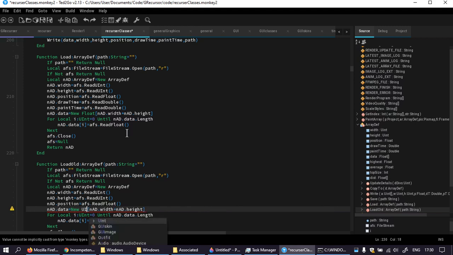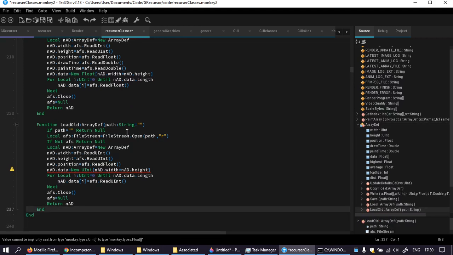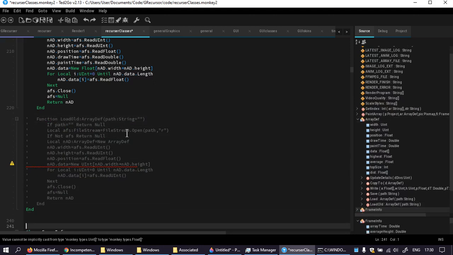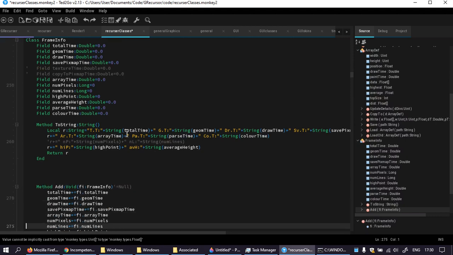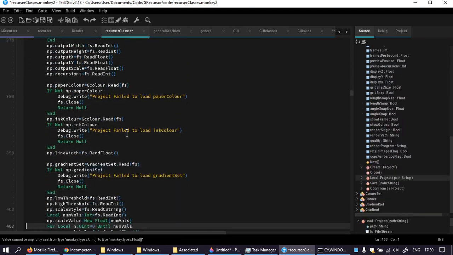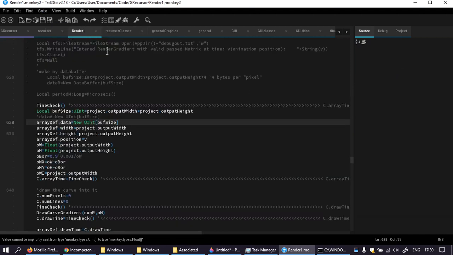That does remain an unsigned int. Load old is just going to be, unfortunately, remmed because it won't allow me to run. Now I think that that's it for there. I mean, I'm kind of surprised by this. Not surprised, but